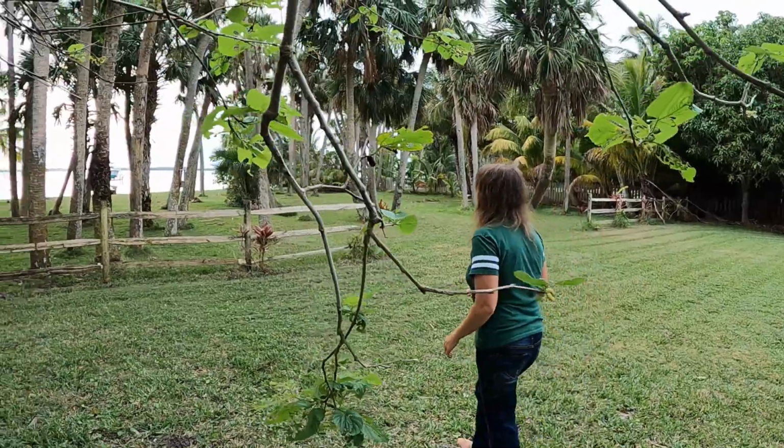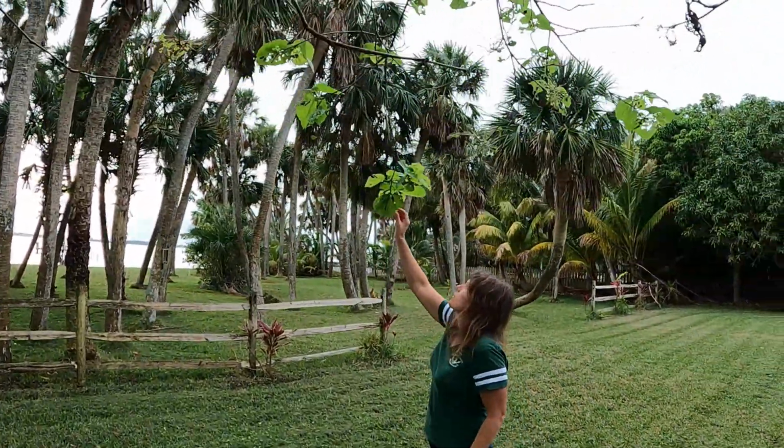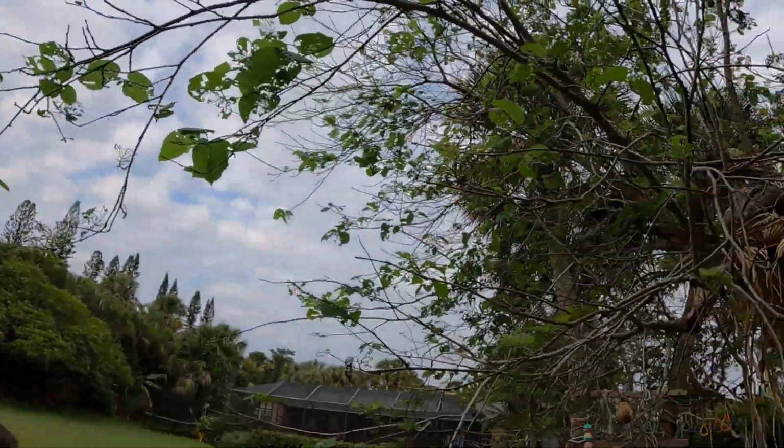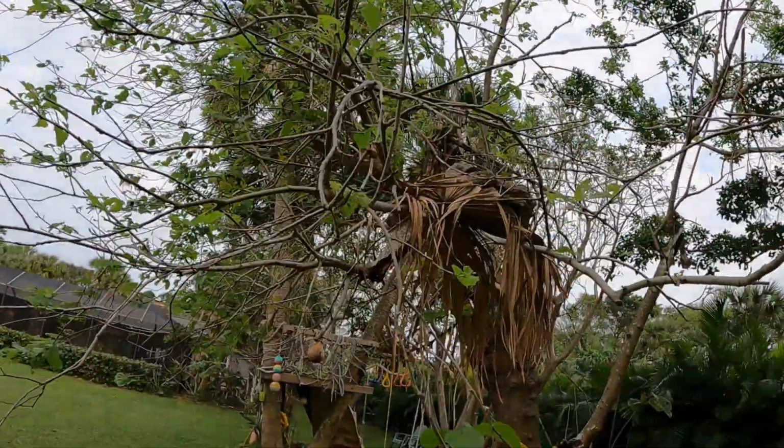Man, there are tons of them. Tons and tons of them. There's more fruit than there are leaves on this tree right now. That's awesome. It is. I love mulberries. This is a gnarly tree. You guys can see it's been hit by some